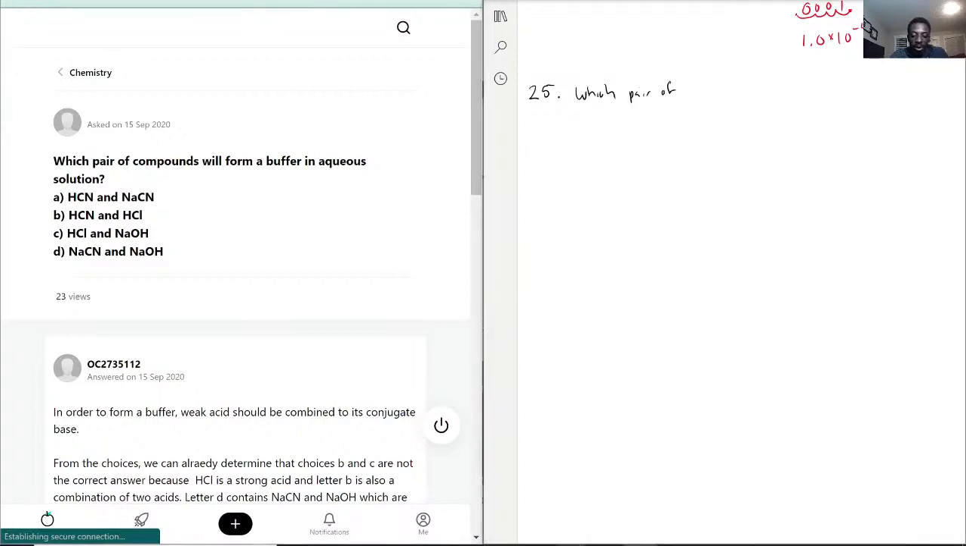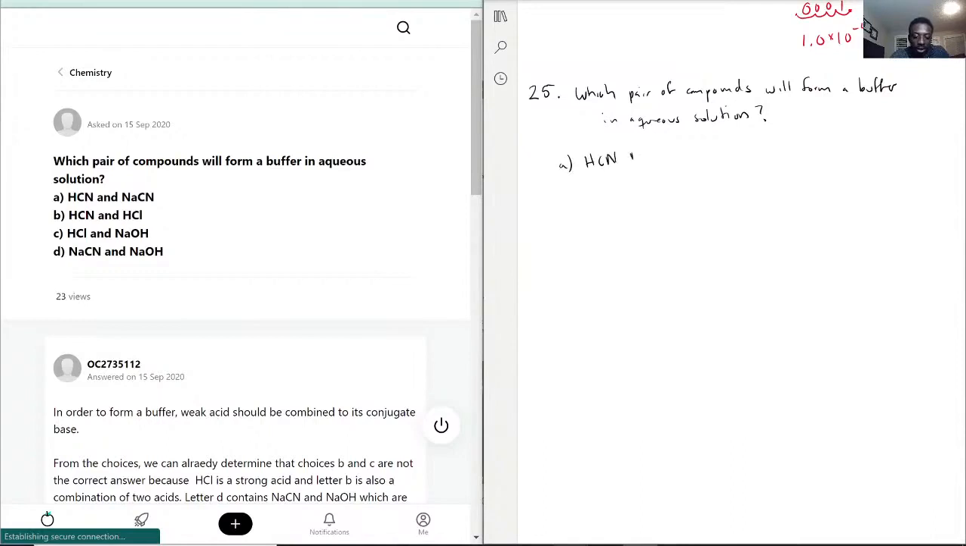pair of compounds will form a buffer in aqueous solution? Okay, so with that being said, we have these choices: